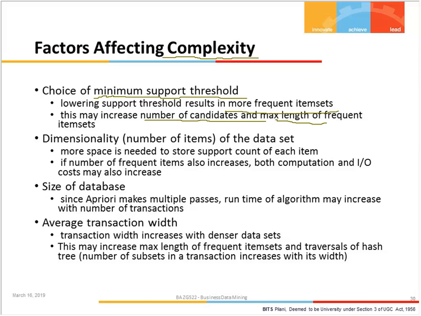And if the item set length increases, we need more iterations. Suppose we want to find, using the Apriori algorithm, frequent item sets of size six. We need to scan the database at least 6 times, because each time the frequent item size increases, that is the way Apriori works. It works one step at a time. So if a database possibly has frequent item sets of size 35, you need to scan the database 35 times. If it's a large database, the scan can be very